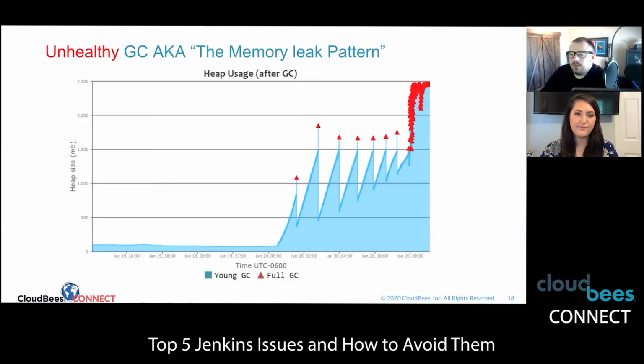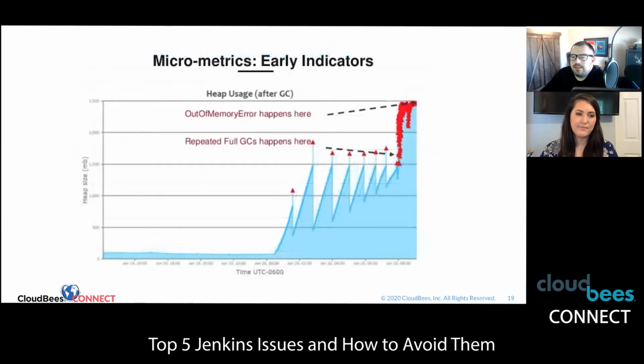Well, in short, paying attention to these micrometrics like garbage collection logging will allow you to forecast problems before they happen. Here's an example showing how over time I can see early indications of a problem before an out of memory event occurs that takes down my application and ultimately affects my end users. In this case, I can see the application is suffering from what appears to be a memory leak, and therefore I could take steps to notify my users of an upcoming maintenance window where I could capture heap dumps to